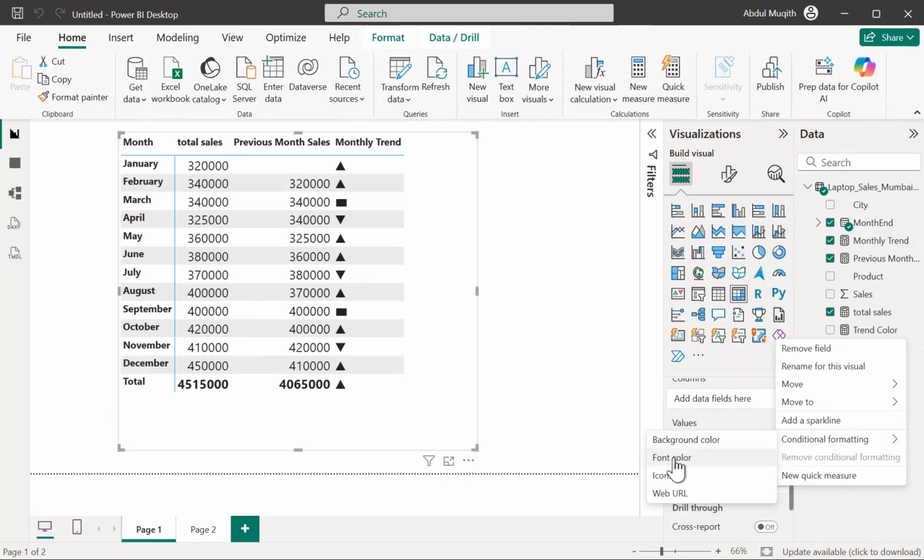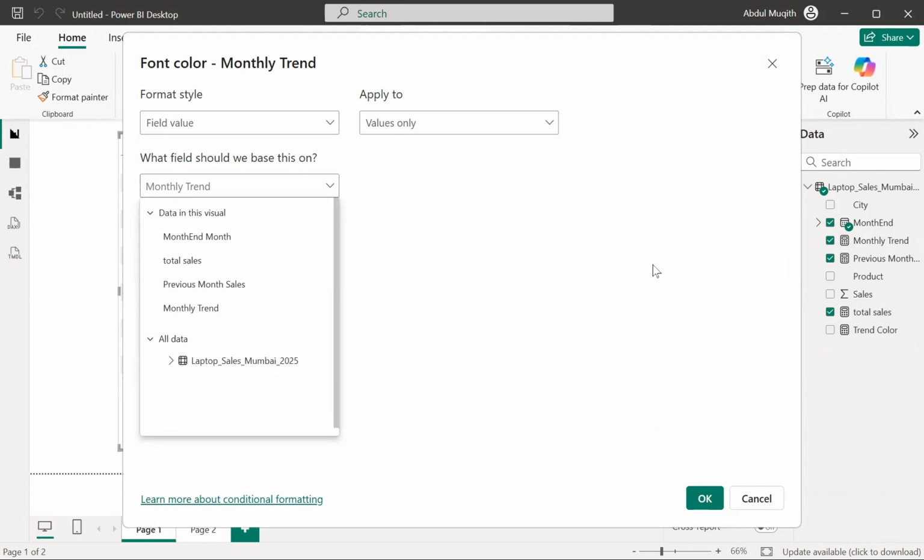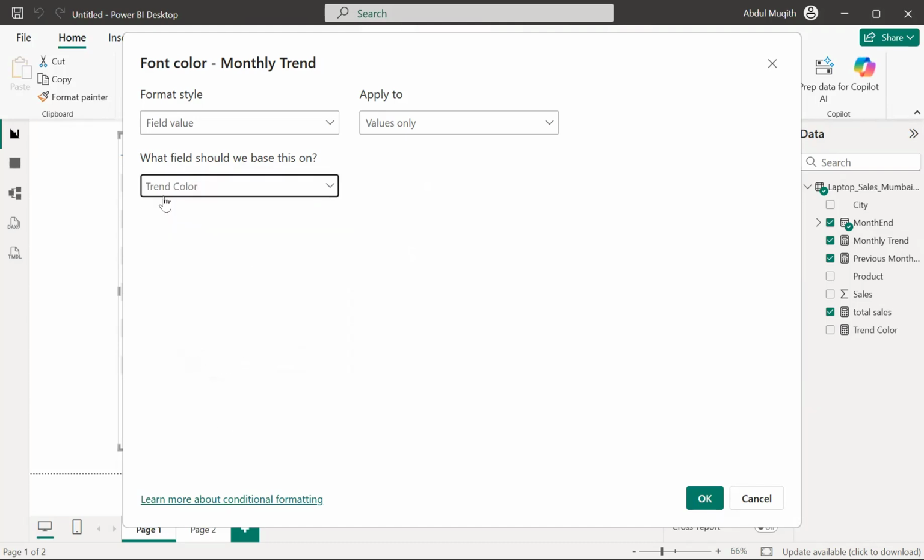Why are we going to the font color? Because these are all unique characters. Each of these emojis is just equal to one particular character only, whether it is numerical or non-numerical. So it is just acting as a font. So we are going to use the font color. Okay, so field value, and then we see all the DAXs we have created here, all the column names and all those things. So I am going to select the trend color DAX which we have just created, and I will hit the